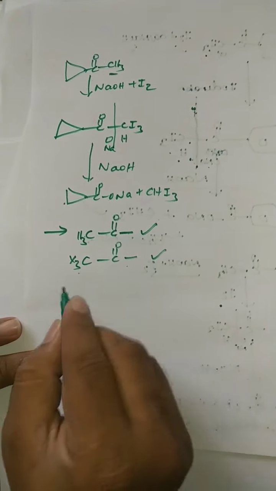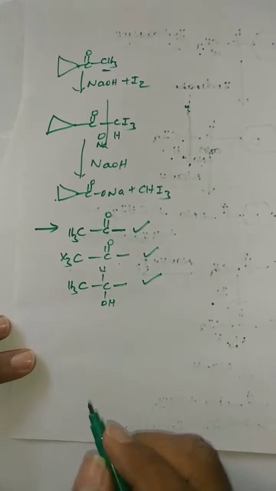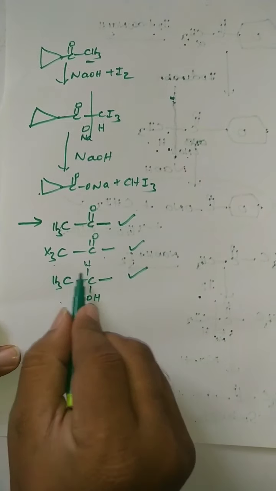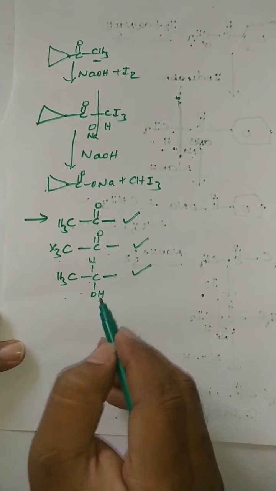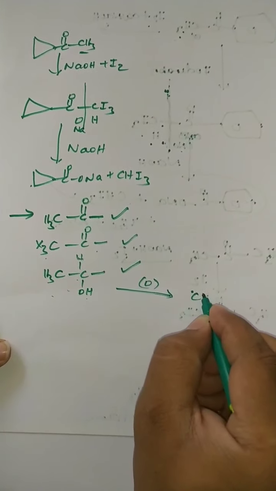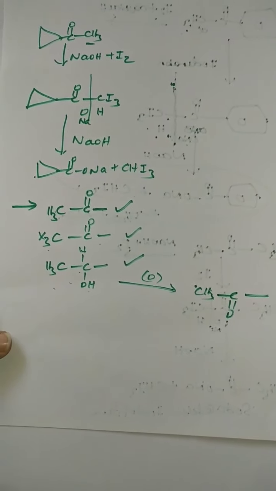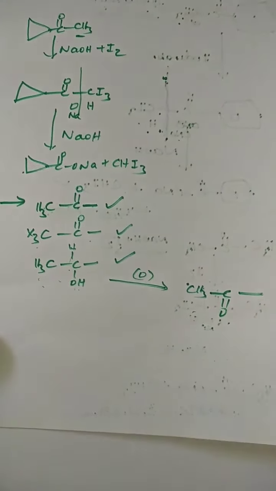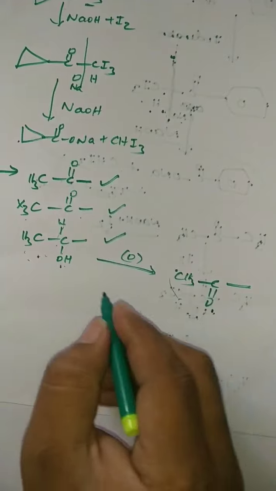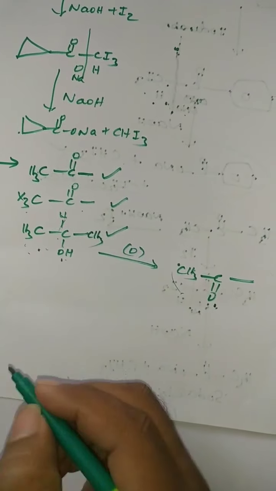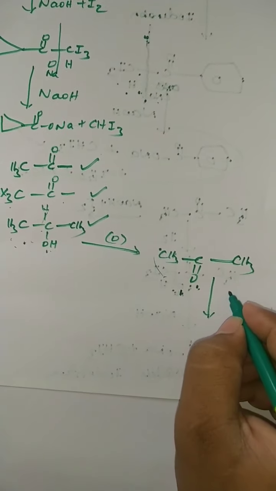Methyl ketone, CX3CO. In the same manner, some of the alcohols, if you find this type of fragment, CH3CHOH, if any compound possesses it, it will undergo the reaction, because this is a secondary alcohol. So here the secondary alcohol first oxidizes to the keto group. If a compound with this fragment is given, you have to oxidize this alcohol into the keto compound, CH3C=O. First oxidize the secondary alcohol to ketone and then subject it to iodination.